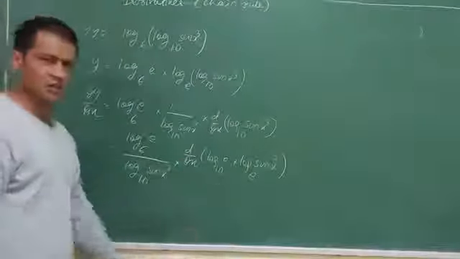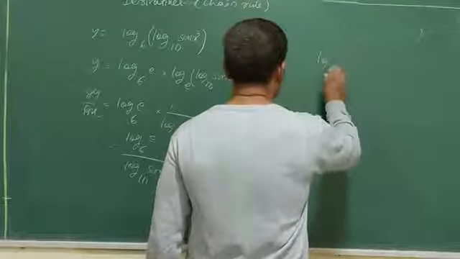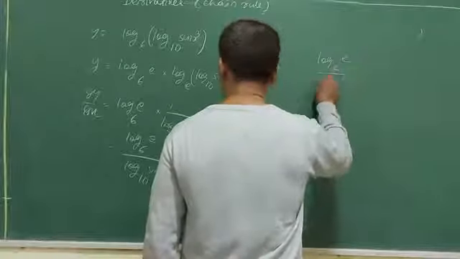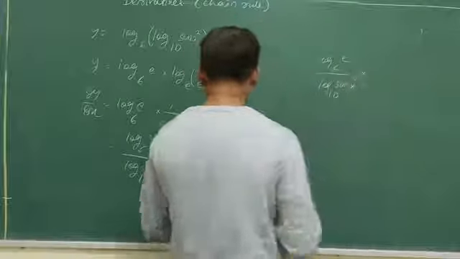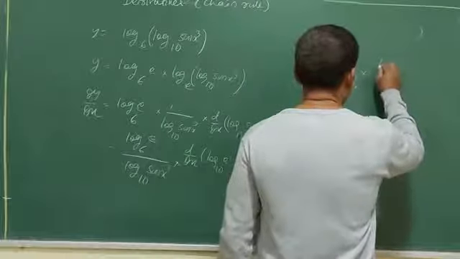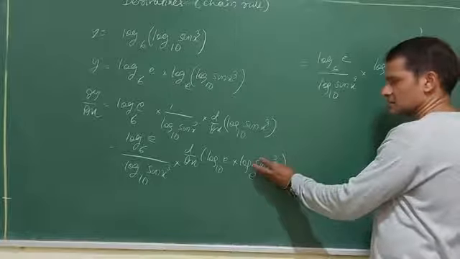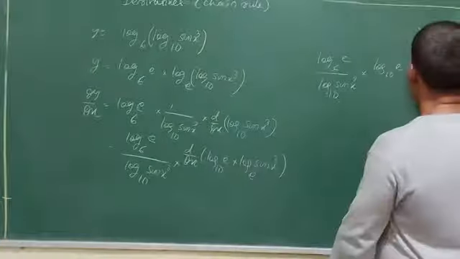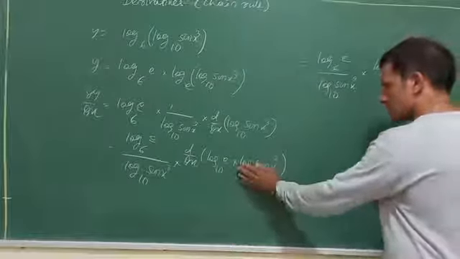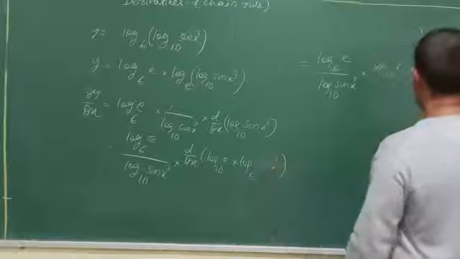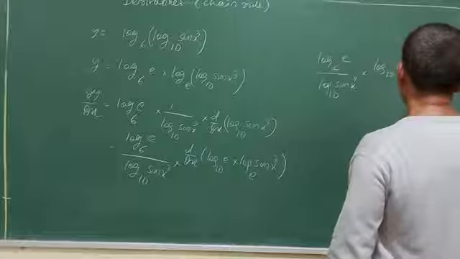Alright, first I have converted to base e. Then log 6e, log 10 sin x cube, into, keep this one as sin x. Log 10e, treat this one as x. Log x derivative is 1 by x, so 1 by sin x cube. Then you have done the derivative of log x, then the derivative of sin. Sin derivative is cos x cube into d by dx of x cube.